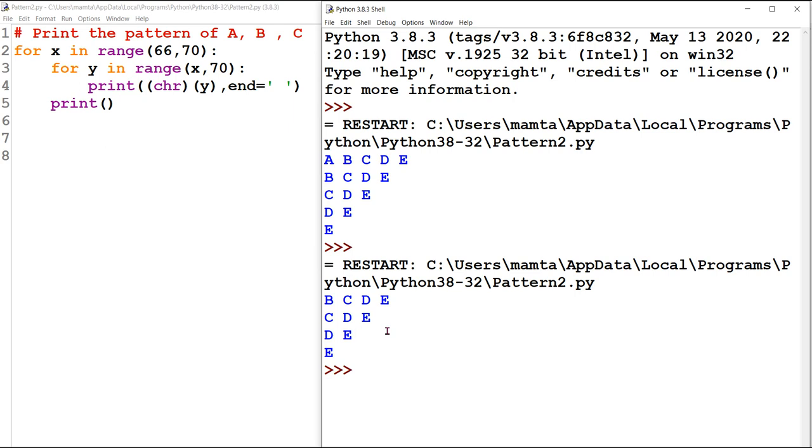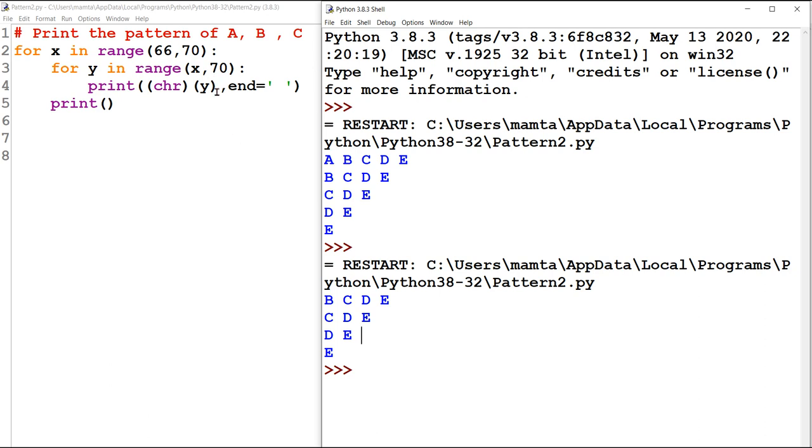You can see the first row is not there. So randomly I have done the changes without logic and it came. So that's why you should not do these kinds of questions on the system. You should do it in the copy, because randomly I have omitted 65 to 66 and it has removed one row. So it's not my creation. I have done a little change in the system and the system has given the output. The system will always give the correct response as we write the code.